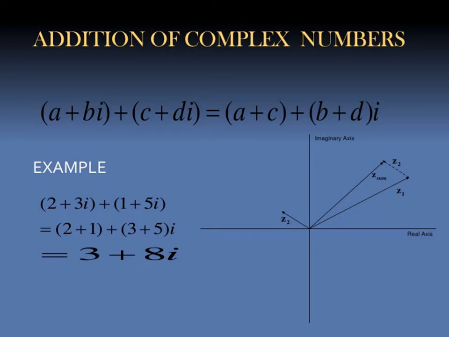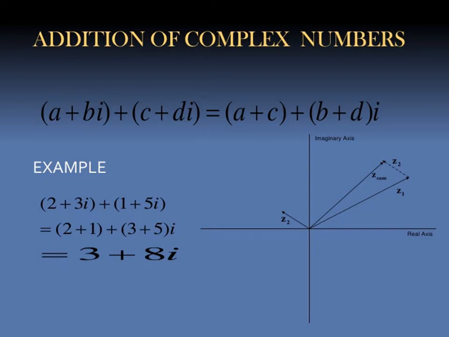I will explain this in the diagram also. Let us see here the x-axis and y-axis. These two axes you know already. The x-axis is called the real line and the y-axis is called the imaginary line. When we take two numbers in the first quadrant, they become z1 and z2, and the addition of these is the resultant point. Let us see it in the diagram.